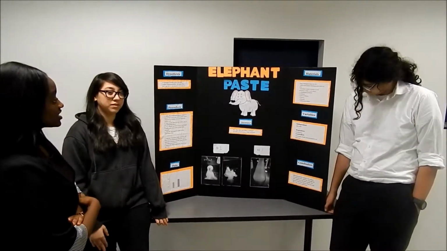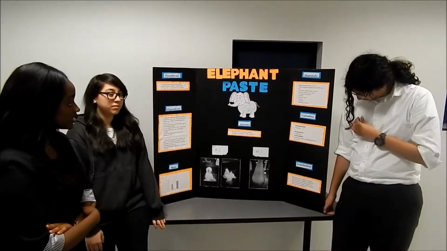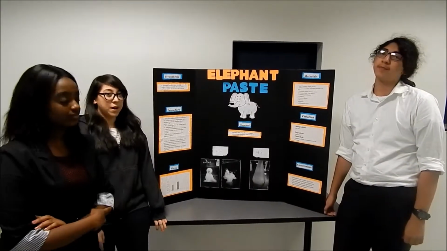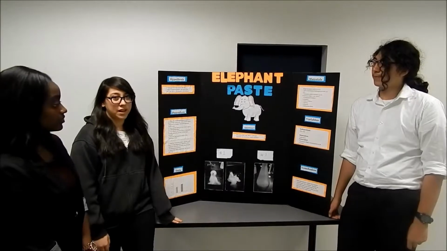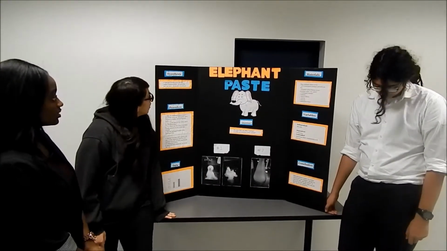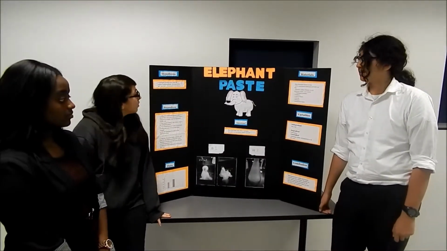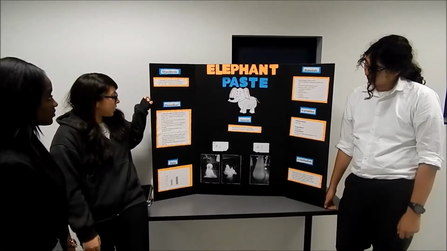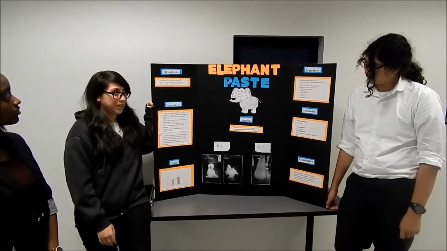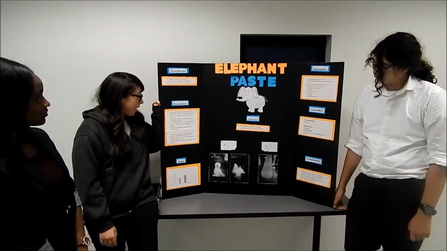The initial question is, how does dish soap affect the hydrogen peroxide and potassium iodine reaction? Our hypothesis was if hydrogen peroxide reacts with the potassium iodine, then the foam of the dish soap will be introduced to the solution. So basically, our procedure was we used a graduated cylinder and we measured 5 milliliters of